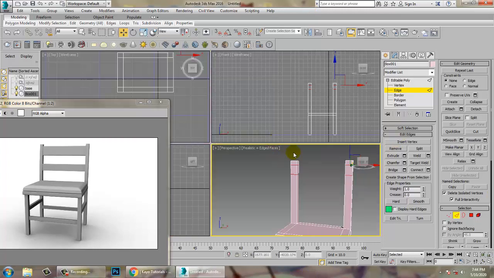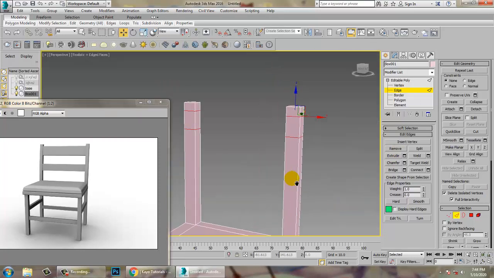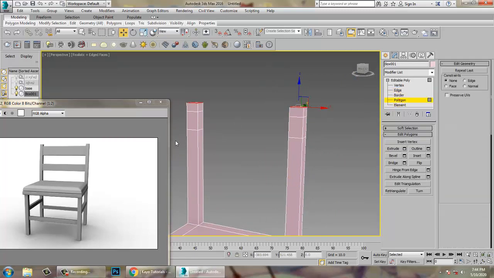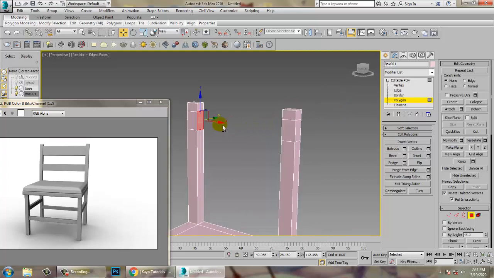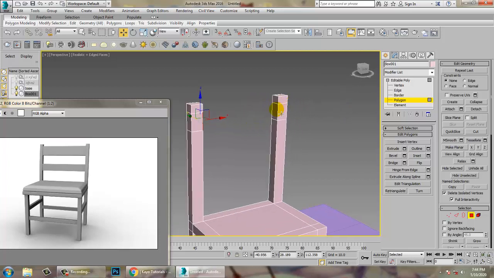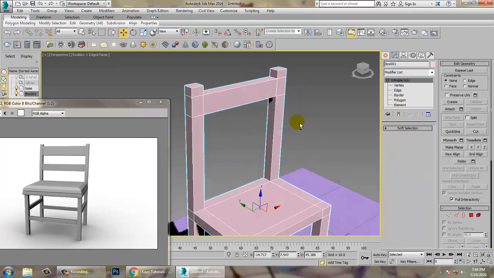Once you're done, see you got the edges over here. Now again select this polygon. Now I'm not going to extrude it. If I extrude it, it will go in this way. But I want to join this. So select this polygon, control select this polygon, and there is an option over here called bridge. What is the use of the bridge option? Bridge option will definitely connect the two faces. So let's click on the bridge option. You see that it's been bridged up. Perfect. So again you can come out of it.